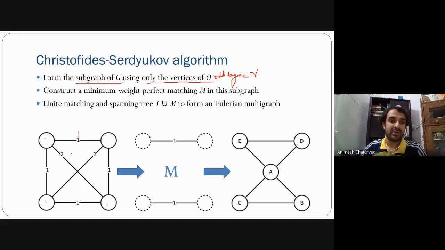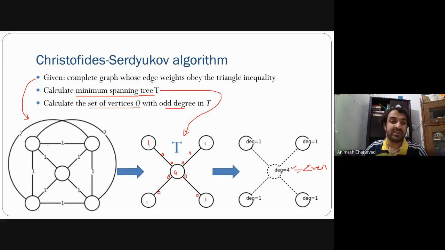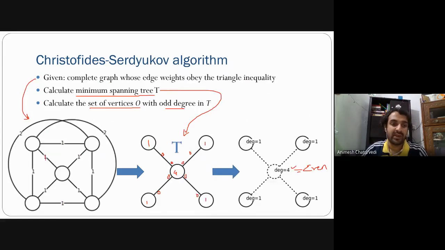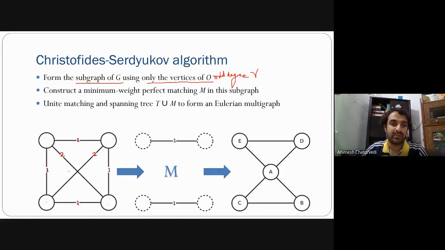So what is the weight between the edges from this? You just have to add up this 1 plus 1. When you add this 1 plus 1, it will become 2. The rest all remain the same, 1, but here 1 plus 1 will become 2.